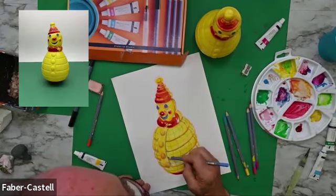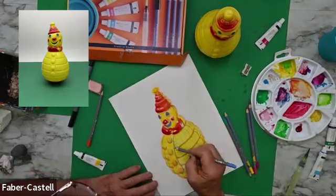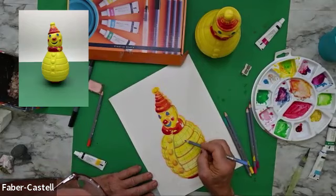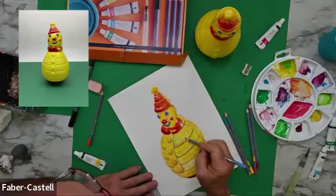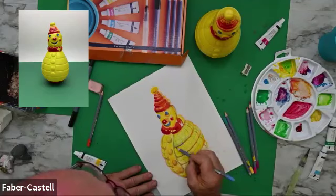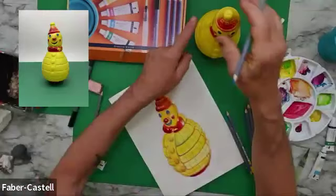So what I'm doing now is starting to come up with some darker areas that'll help separate, so everything won't kind of just blend together. And then I can put a little bit of light blue at the bottom there when it comes into this area that is actually kind of indented. Yeah, if I put my finger over it,